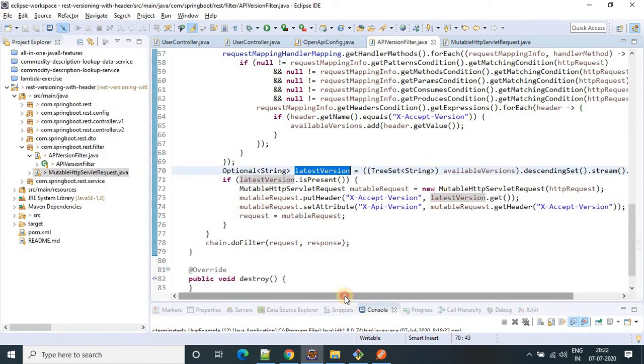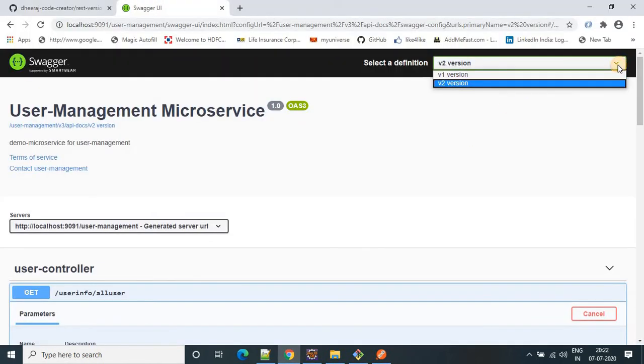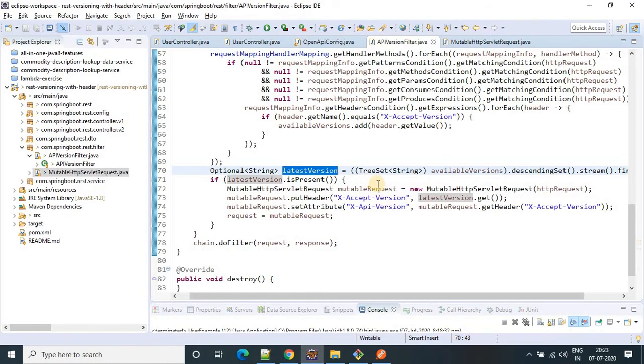What is the latest version? In our case, there are two versions, V1 and V2. Let's suppose in future we create V3, V4, V5, then the filter will come here and find the latest version. Let's suppose the latest version is v5, so it will map it as the latest version.